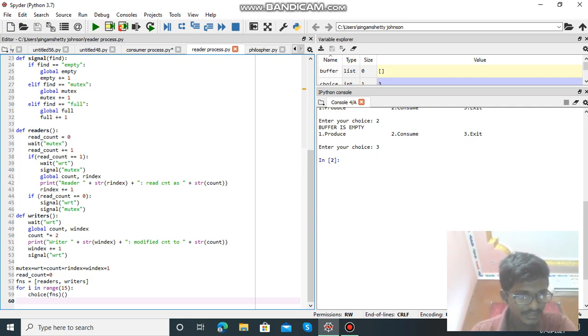If read count equals 0, then signal(writer), then signal(mutex). Then define writer: wait(writer), global count equals index, then count equals 2, print writer modified content, string of count, index plus, then signal(writer), mutex, write equals count plus, count equals index plus read. Then for i in range 15, choice is